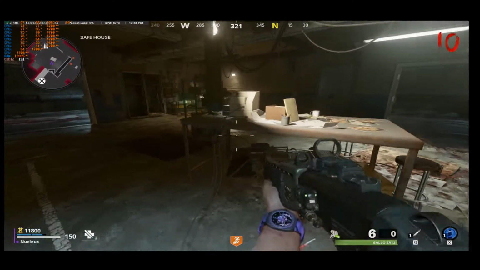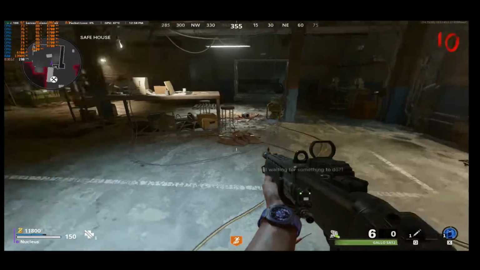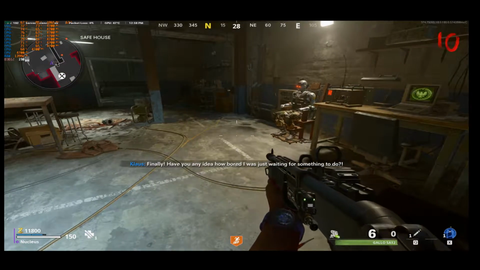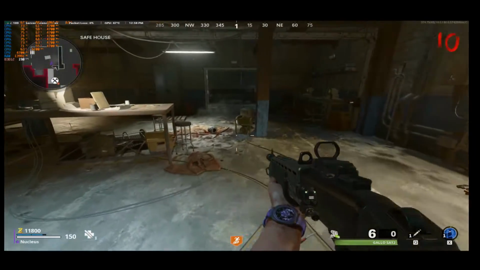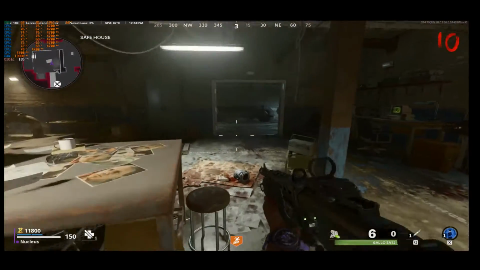Once you create Klaus, you can come right over to the switch control room right next door. So you can guide him there to open the cabinet with the number 0 on it, and that'll give you